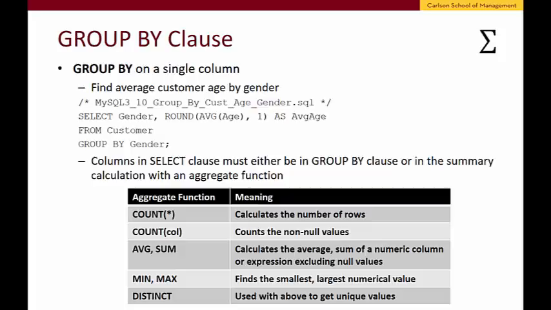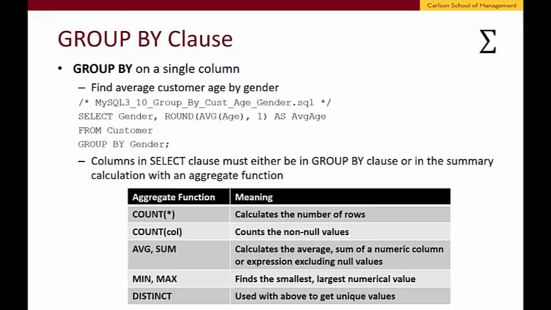Up until now, the results of all the queries related to individual rows. It is often important to show the results about a group of rows by summarizing a column based on values of another column. For example, suppose we want to find the average customer age by gender. The result of this query will have only two rows, one for female and another for male customers, and then corresponding average ages. This is accomplished by using the group by clause,